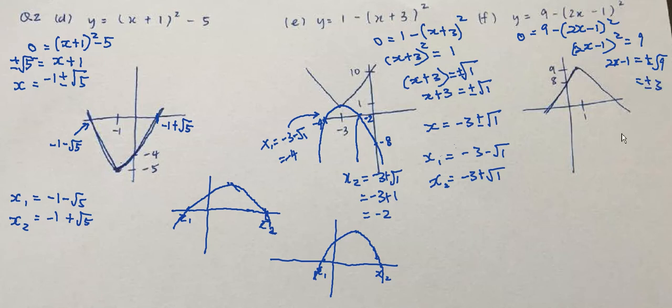Then bring the 1 over, so 2x equals plus minus 3 plus 1. So we get x equals plus minus 3 plus 1 over 2. Therefore x1, taking the negative value first, the minus 3